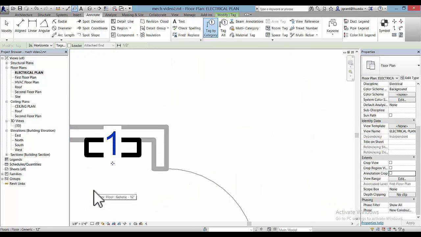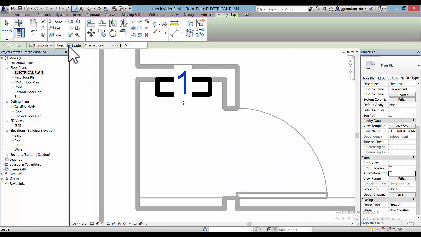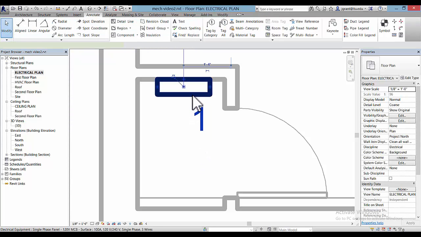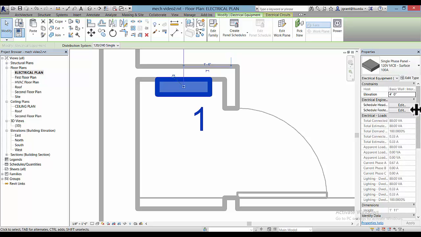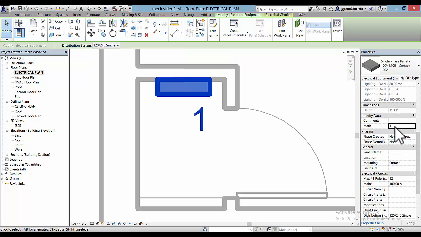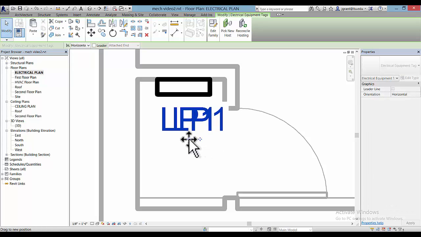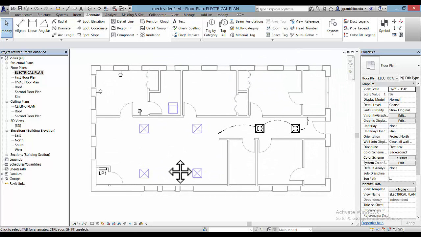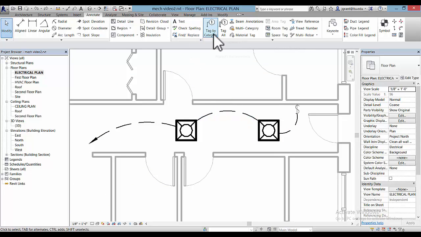Now, normally we don't call them just number 1, so we're going to change the mark for that panel. We can move the number down and then select the panel, and in Properties you can scroll down and change the mark for this panel under Identity Data to LP1. That way we have a lighting panel of 1, and if it was a bigger project, we'd have several others. And so we can tag the light fixtures by picking Tag